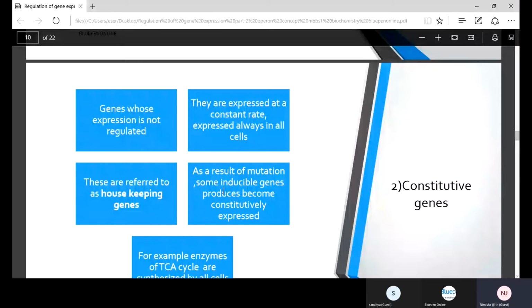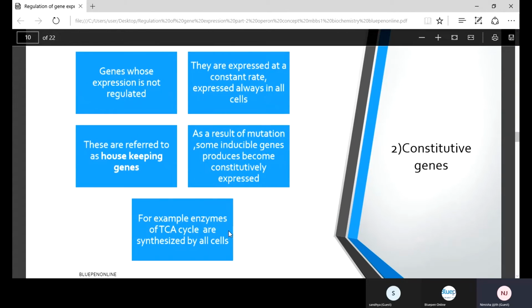That's why they are referred to as housekeeping genes. As a result of mutation, some inducible genes become constitutively expressed. Examples of constitutive genes, synthesized by all cells at a constant rate,